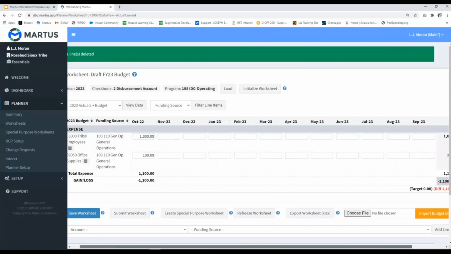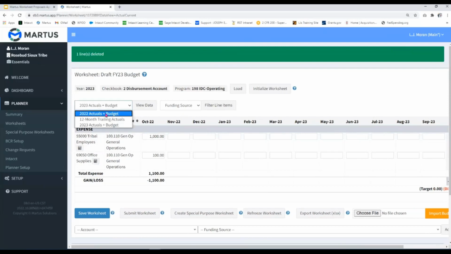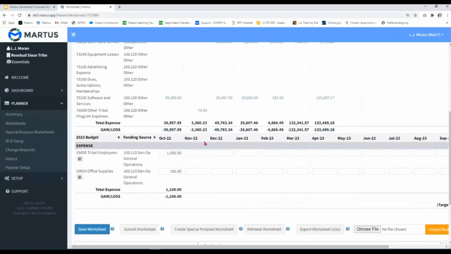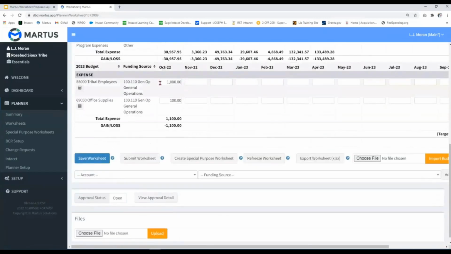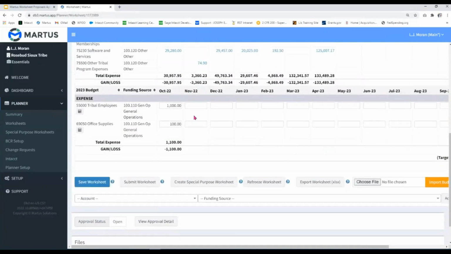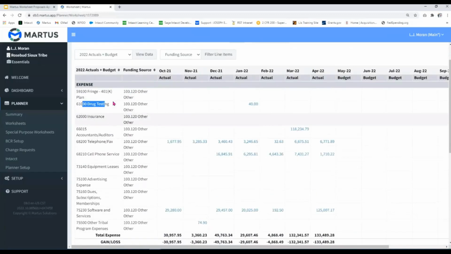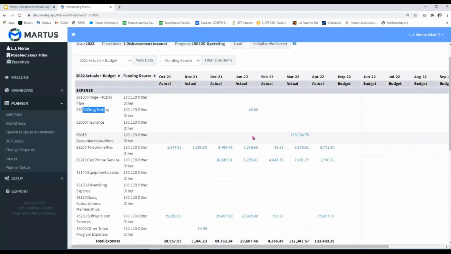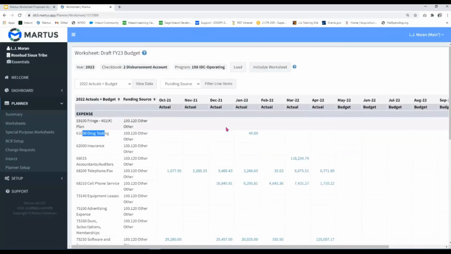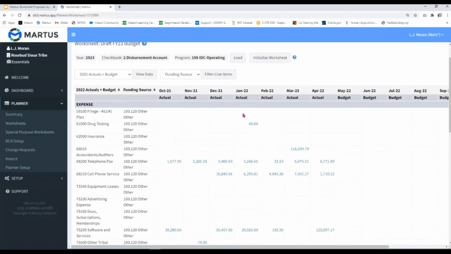So I'm going to go ahead and make all the budgets visible again. So we have that 2022 still there, and then of course what we've been working on. If we didn't want to have to duplicate this, but we want to keep the same funding sources and the same account numbers that were present in FY22, we have a second option other than manually entering that. On top next to the program name is a button that says load. So if I click that,